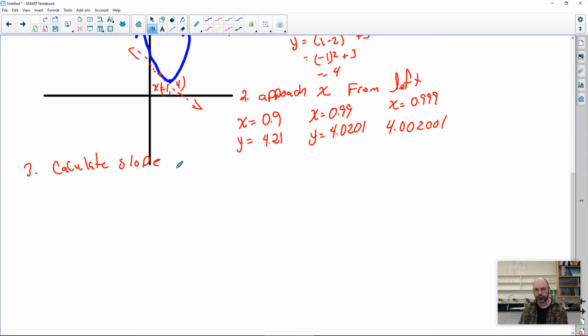As we approach x, point A, we'll call it. Okay, let's call this point A here. All right, so let's do that. So the slope equals y1. Let's use this as our y1: 4.21 minus, and this is our other point, 4, over 0.9 minus,